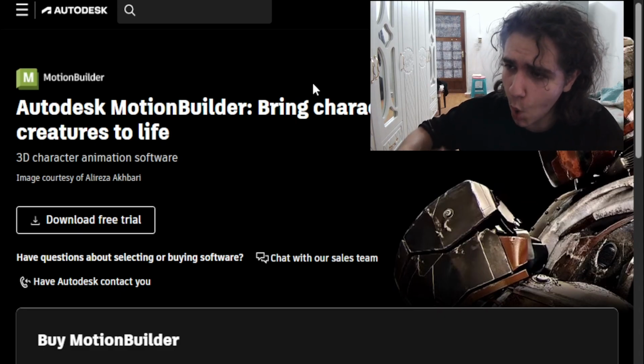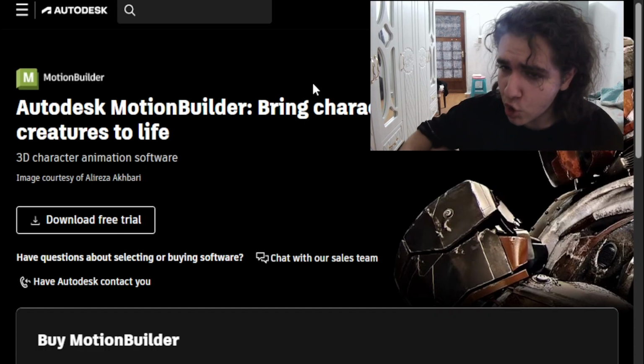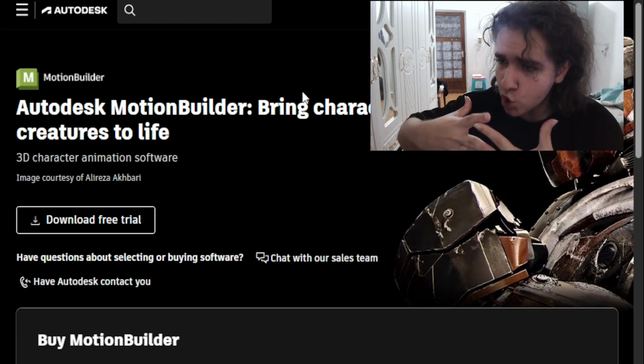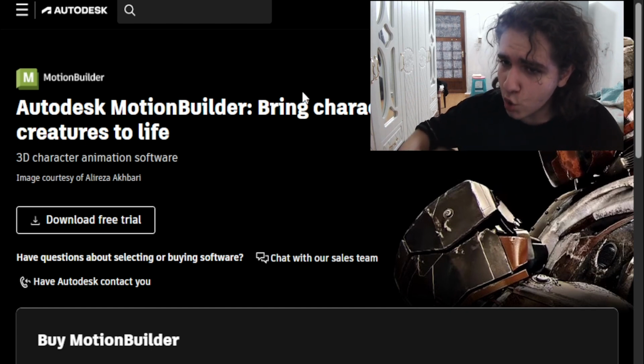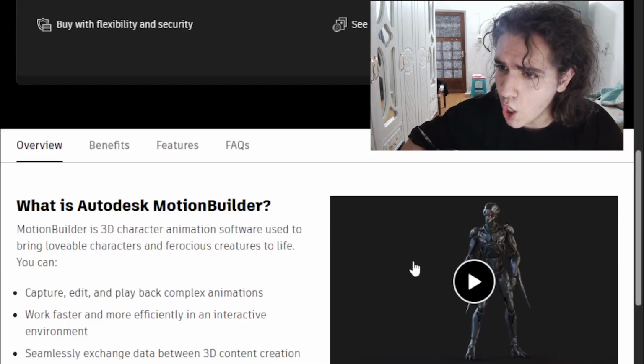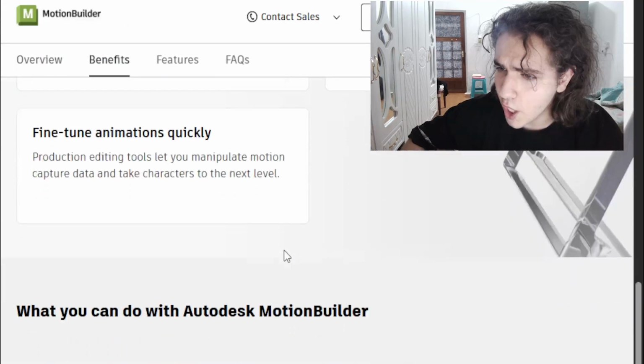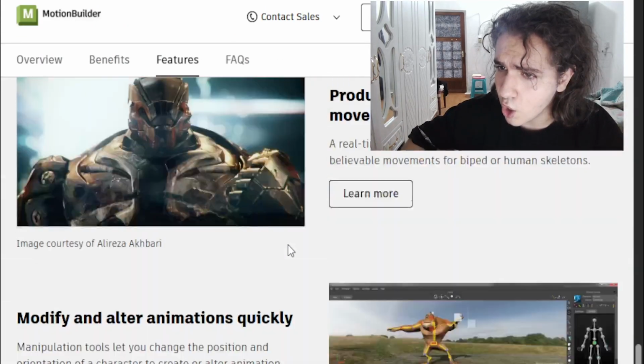But what if you want 3D animation, not just 2D animation? You have a suit and you want to make very complex animations. Here comes another software from Autodesk. Again, that's why they usually use Autodesk, because the tools are interconnected with each other. We have Autodesk MotionBuilder. This is one of the motion tracking software out there from Autodesk. It's a very nice solution, and I would definitely go and use it.